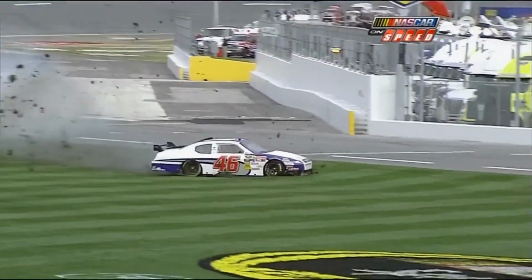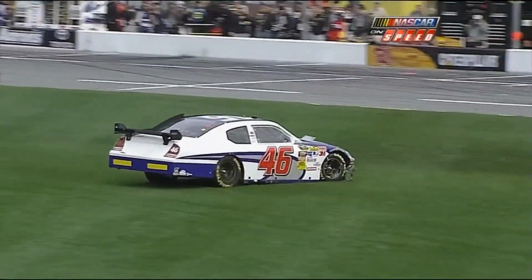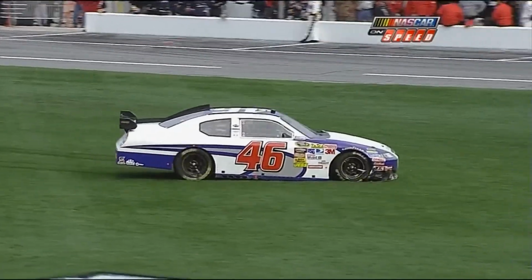Watch right here, Larry, right there. Hit that drainage cover. Steve? And Mike, as we saw, that accident certainly not a...